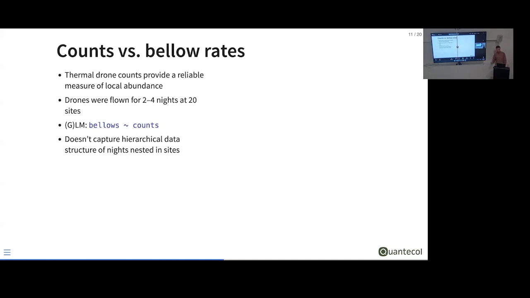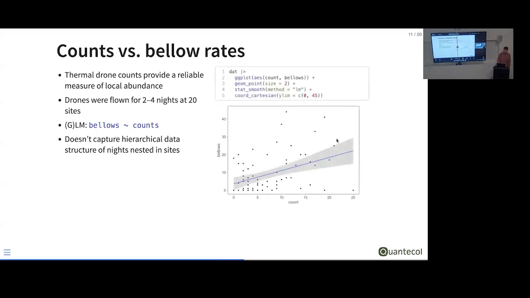What I would imagine is the gold standard of actually counting koalas is thermal drones. They work really well, you fly them over the forest, you see them at night, you can count them, great. So we did this across 20 sites and 2 to 4 sites per night. A naive, probably fine implementation of looking at that relationship is to model the number of bellows as a function of the drone counts that we observe. When you do that, you get this nice straight line through a plot. It's pretty noisy, but me again, as the stats obsessed nerd,